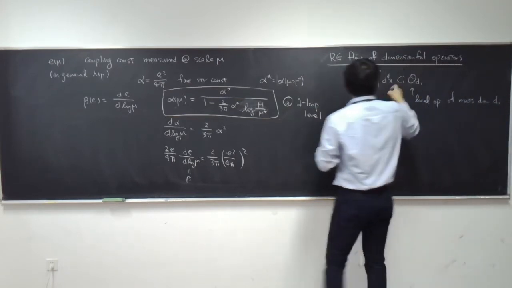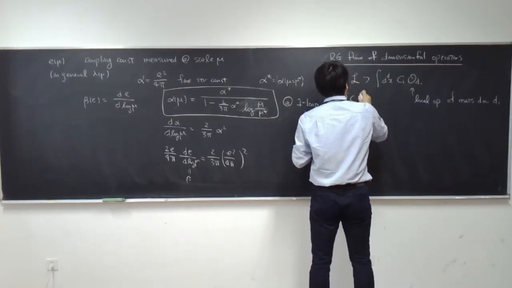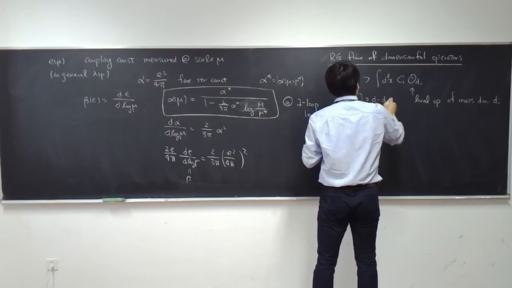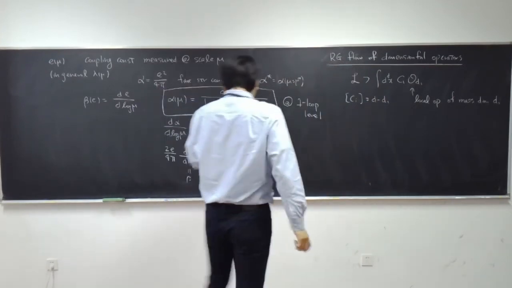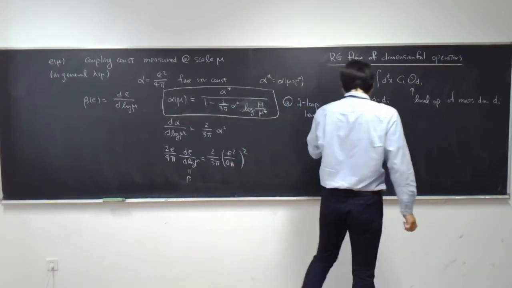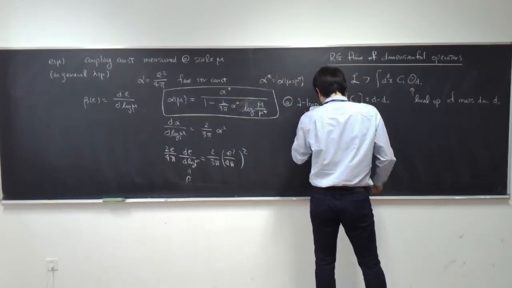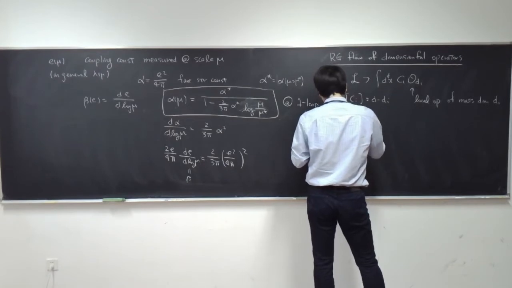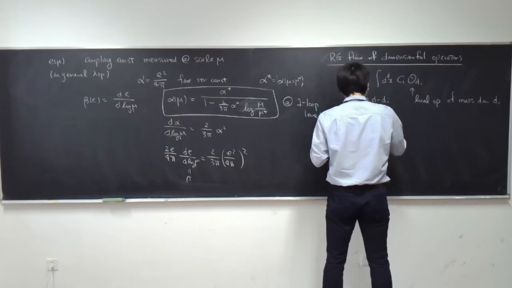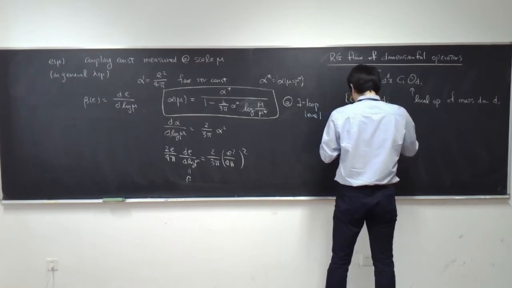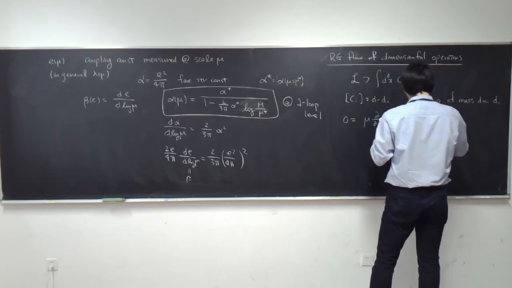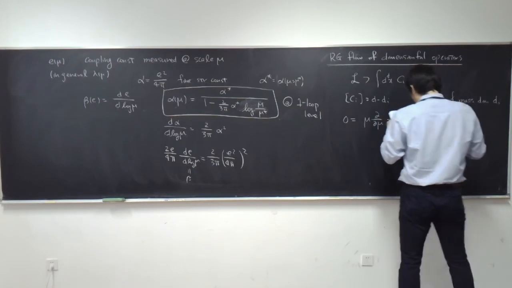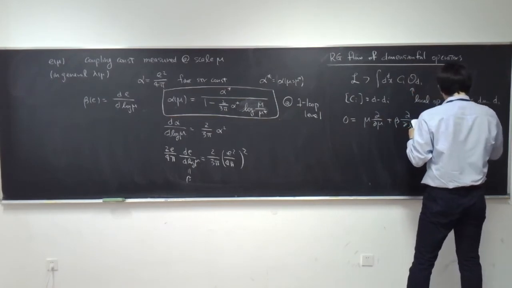Therefore, the mass dimension of c_i is d minus d_i. So the Callan-Symanzik equation of the n-point function can be written as follows: 0 is equal to mu partial over partial mu plus beta partial over partial lambda plus n gamma phi plus gamma_i c_i partial over partial c_i,